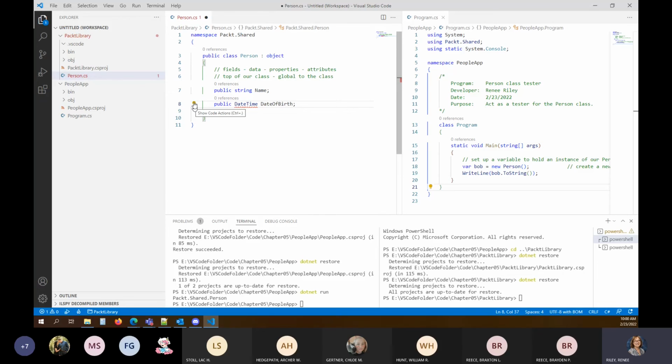My DateTime is giving me a bit of an issue here, saying it doesn't know what a DateTime is. Notice if I mouse over the light bulb, I get a little bit of help that tells me to show the actions. If I mouse over the term that has the red squiggly line, I get a little bit more information. The namespace could not be found. Are you missing a using directive or an assembly reference? It doesn't seem like it.